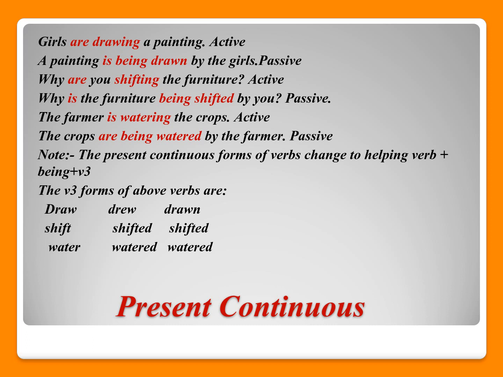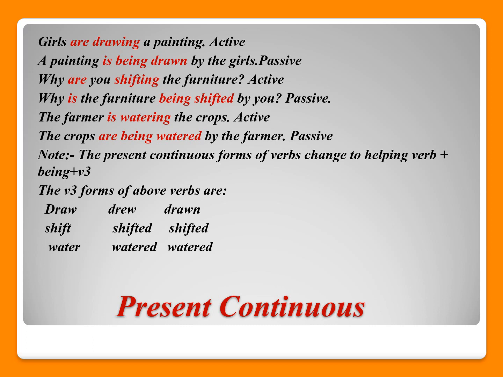Alright, so that is why we have "is" over here. Let us see the third example. The farmer is watering the crops. The crops are being watered by the farmer. We need to note the present continuous form of the verbs changed to helping verb plus being plus verb third